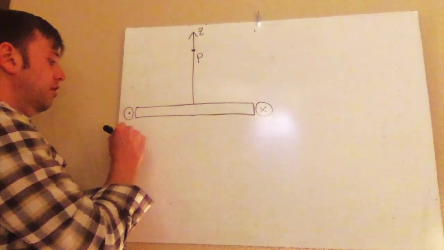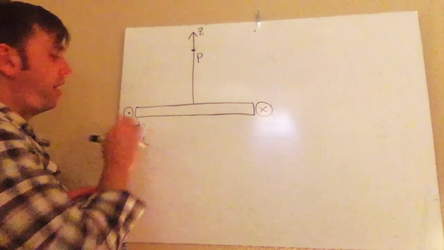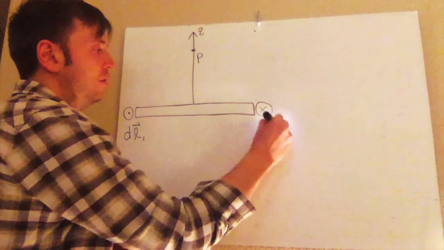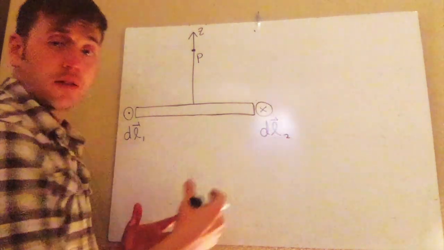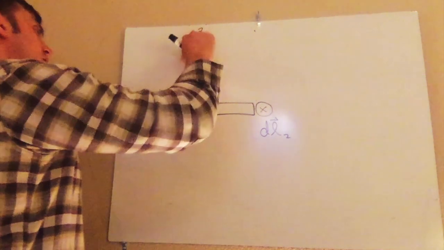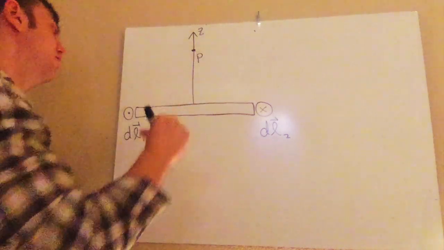So this I'll call DL1. This is a little current element on this side of the loop. And this I'll call DL2. That's a little current element on the other side of the loop. Now, since I'm interested in the magnetic field up here at point P, which is on the z-axis, what